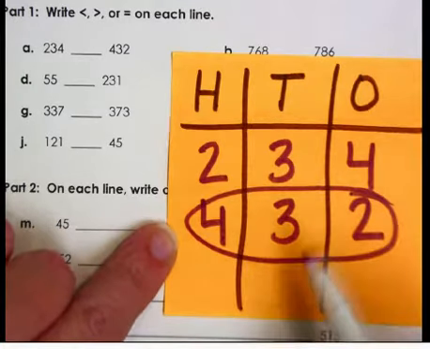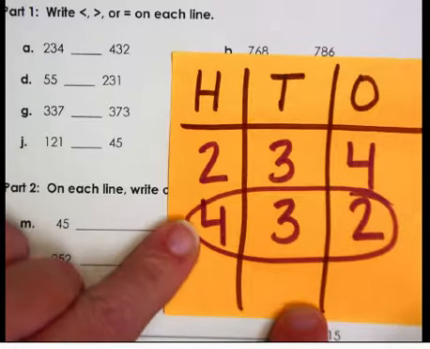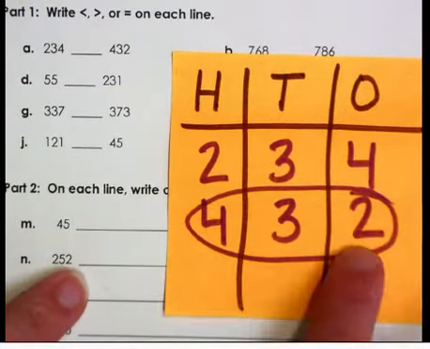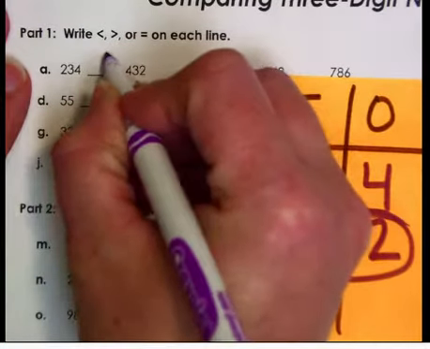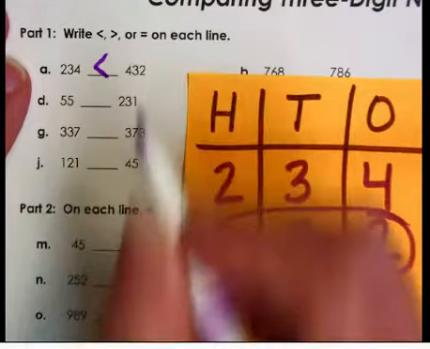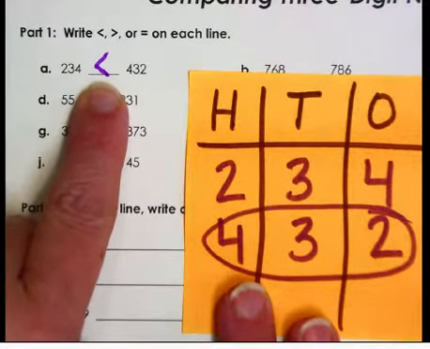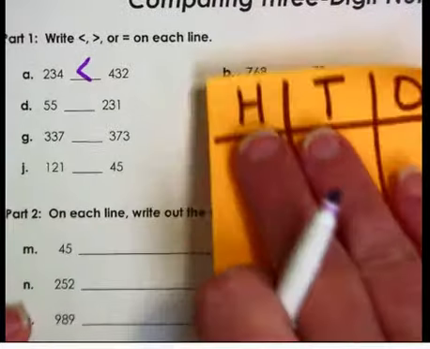That one, we don't even have to look at the tens place because the numbers in the hundreds place, the largest place that we have, are not the same. So 432 is the largest. So we're going to put our symbol in there like this. So 234 is less than 432. And now the other one,